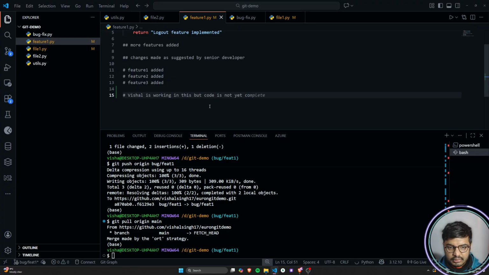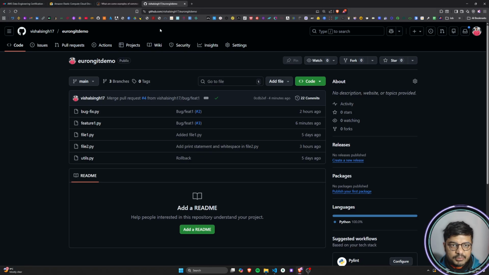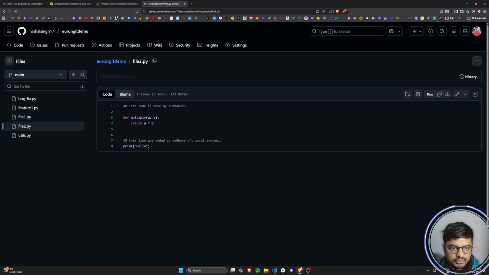Okay, so I'm working in this file, but the code is yet not complete, right? And now Sudhanshu calls me and says, let's suppose Sudhanshu has pushed some code. So I guess it was file 2 that Sudhanshu was working on, right? So it is file 2,